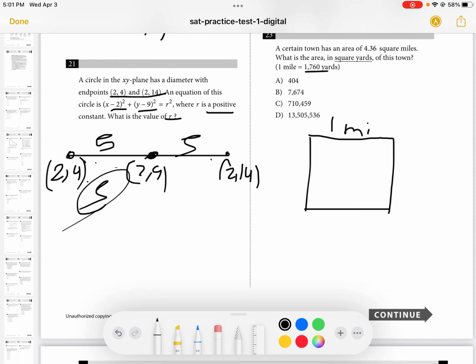This is 1 mile, and this is 1 mile, right? But this is also the same as 1,760 yards, and this is also the same as 1,760 yards. So the area of this square in yards squared is 1,760 squared, which is,